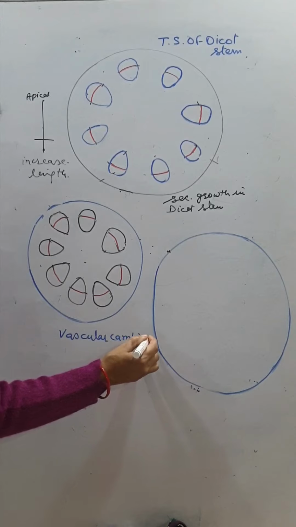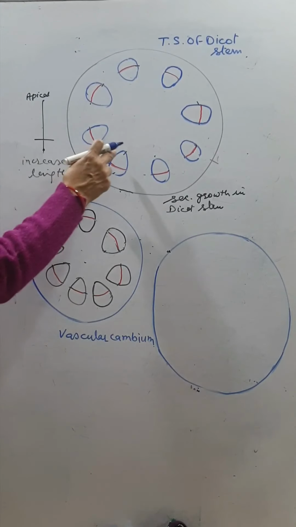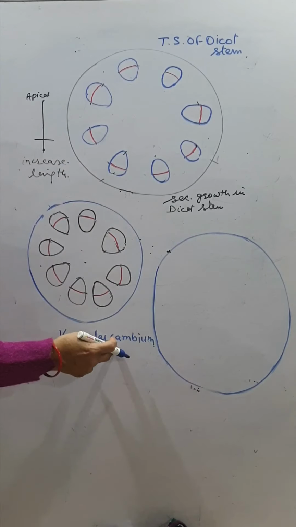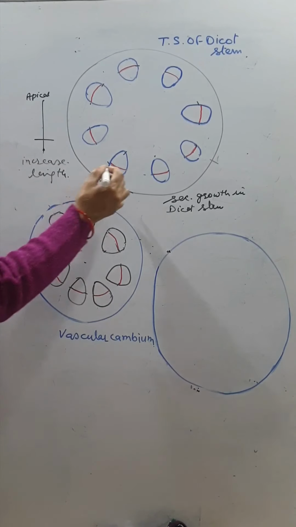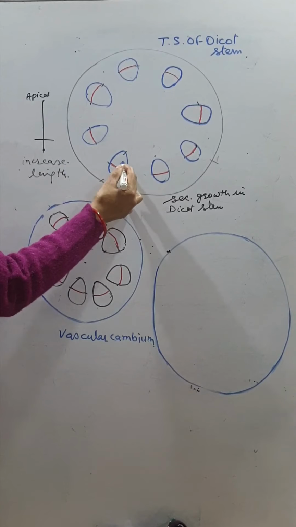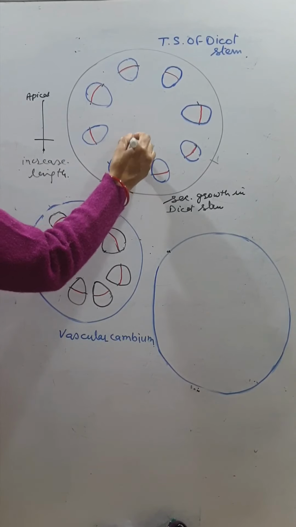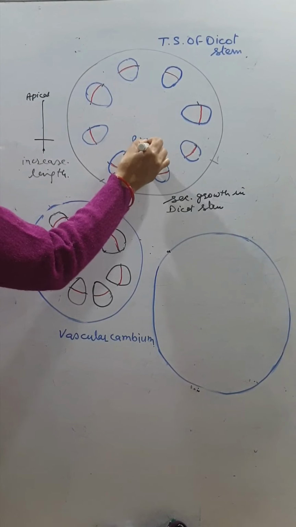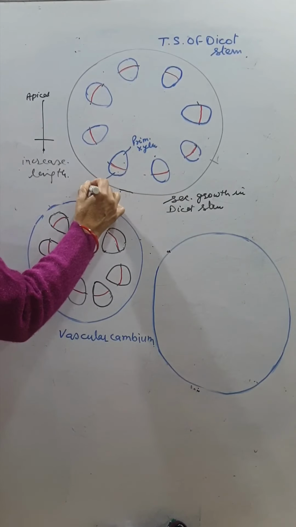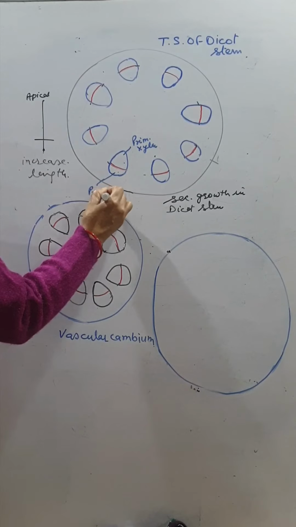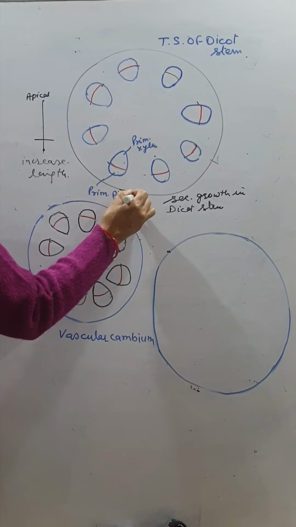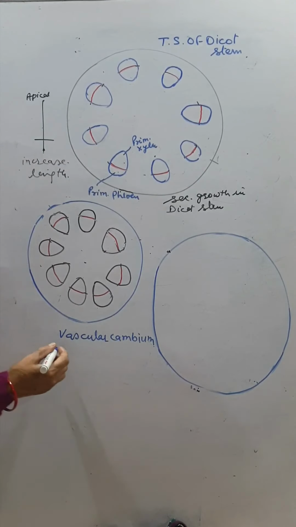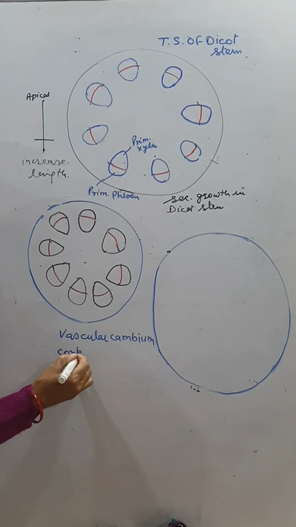The vascular cambium is found in the vascular bundle. This is the strip of cambium, the vascular cambium, present between the phloem and xylem. This is the primary xylem inside, and outside is the primary phloem. And this strip, the red one, is called vascular cambium, or the core cambium,